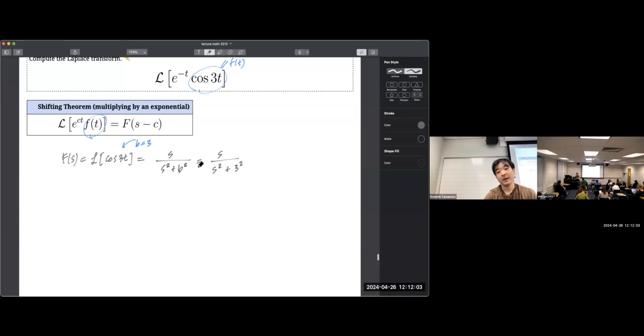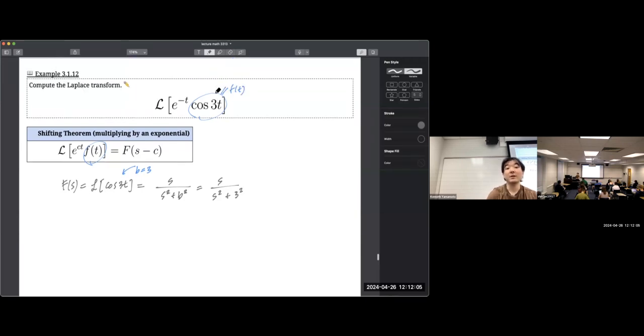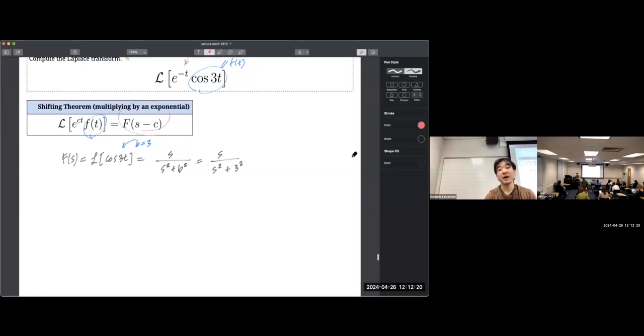Okay, so that's clear, right? That's the Laplace transform of cosine of 3t. And then what do we do to it? What's the c? Yes, c is equal to -1. So all we're doing is just writing this. So the Laplace transform of what we actually want,